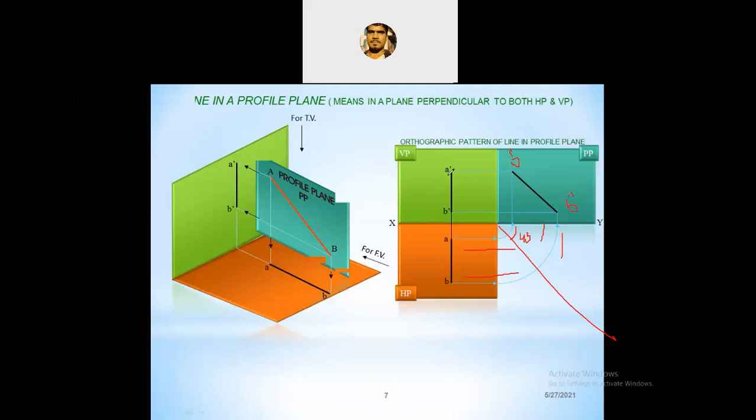First draw the top and front view, then always draw the 45-degree line in the top view, means in the HP, and then project the top view up to the 45-degree line. Then the projected top view is again projected towards the front view, and draw the locus of the front view. This locus of the front view and the projected top view have an intersection point: A intersects with A dash, B intersects with B dash. Then name this intersection as A double dash and B double dash, as the side view.